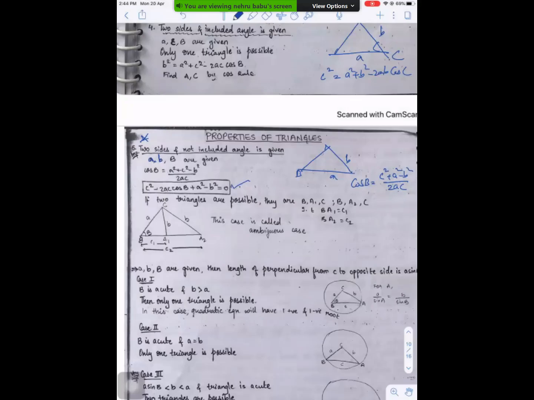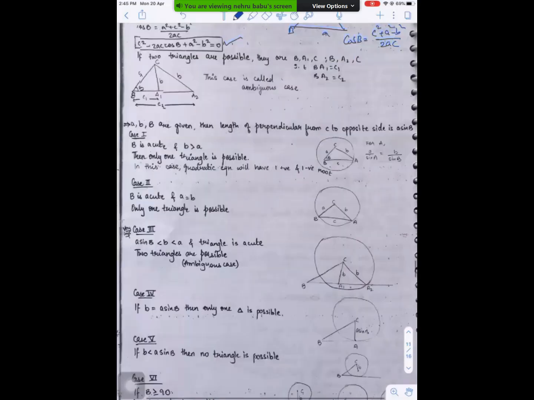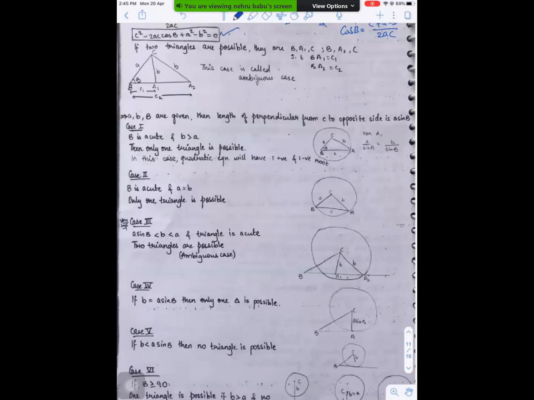If you are getting two distinct roots, compulsorily observe those roots. How are those two roots? Just assume if they are giving B as an obtuse angle, then even if you are getting two roots, maybe only one triangle will come. You don't get two triangles in the obtuse angle situation. You will get two roots in the acute angle situation. If you are getting two roots, then you will get two triangles. If you see, all the diagrams are here. In this case, everything is based on the discriminant only.